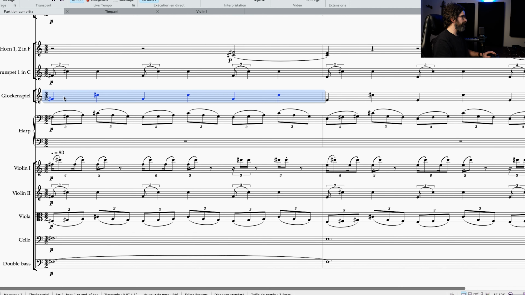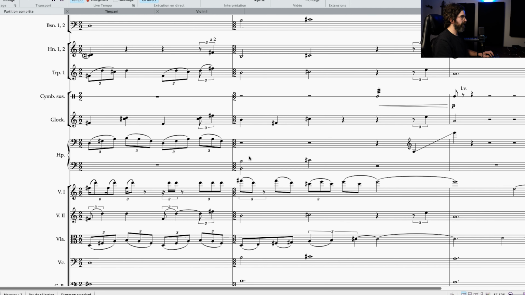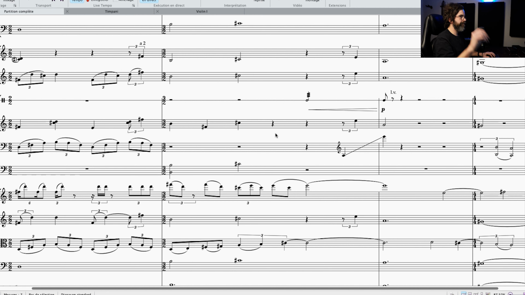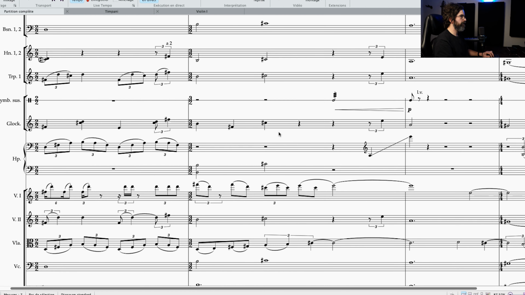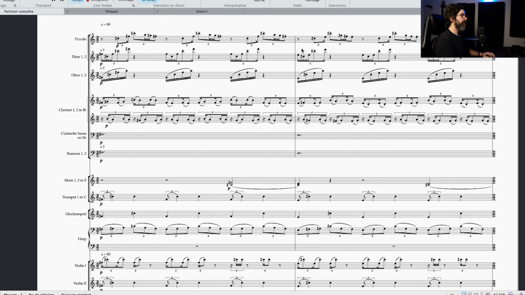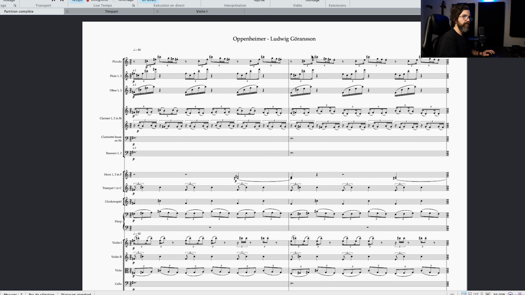Afterwards, we got my glockenspiel, which is doing the main notes on the beat, which is punctuating the main notes on every quarter notes, but again following this original melody, just to add a little bit more brightness and precision in this arrangement. So let's have a listen of this whole arrangement for the piece from Ludwig Göransson from Oppenheimer.